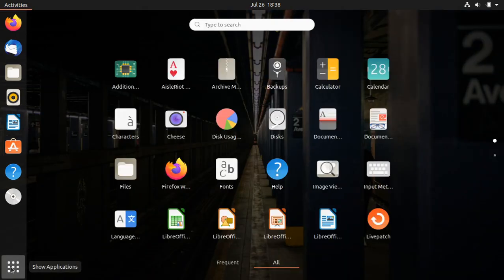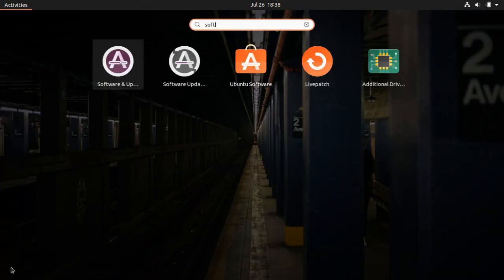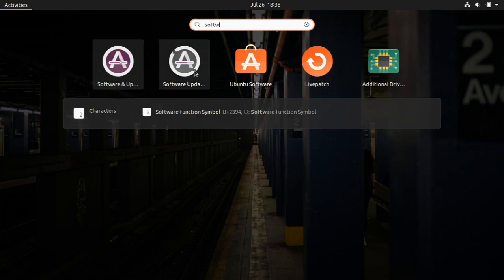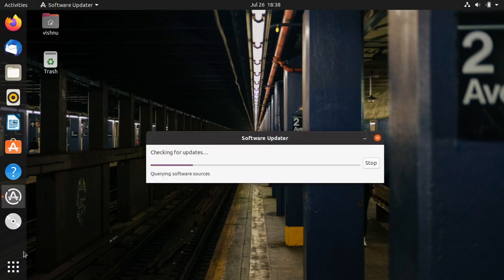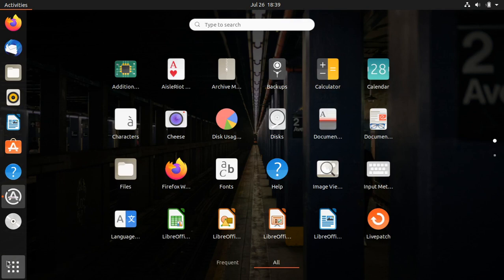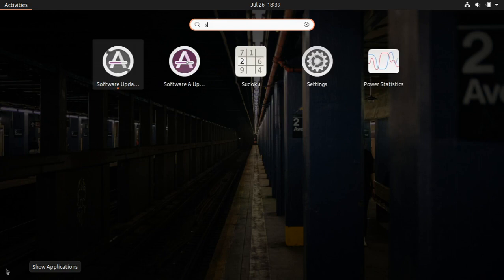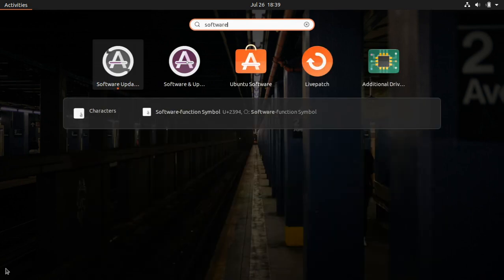I'm going to search for software update. It's here. I clicked on that. Once again, I'm showing that. Go to the applications menu, search for software updates.